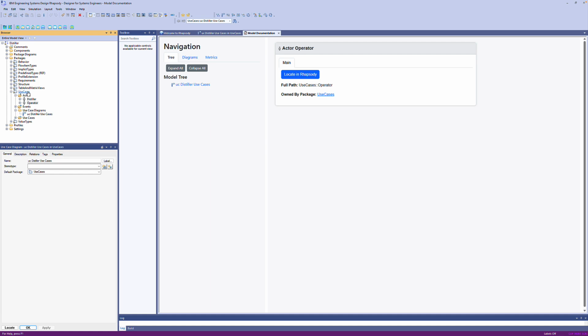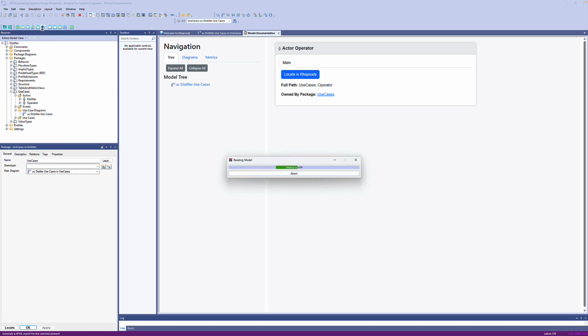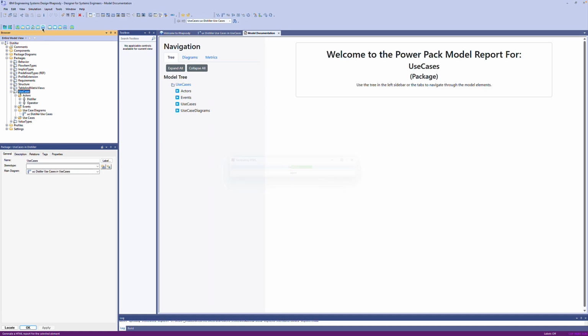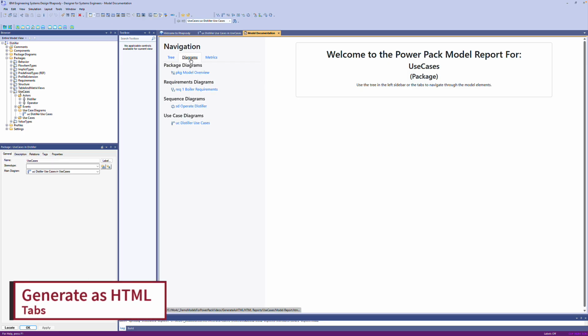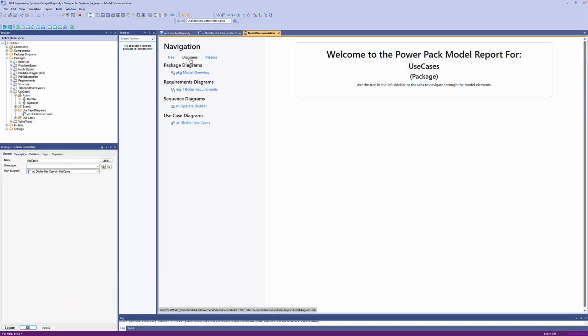Let's run that helper again. This time we'll do it from the use cases package. Now the report opens up in the same tab in Rhapsody, so we don't get a new tab each time we generate. That keeps the interface less cluttered. Now we have more elements in scope. We have a tree, and we can easily expand and collapse that tree. And just like Rhapsody, you can have the tree categorized or you can have it flat. Diagrams are automatically collected onto a Diagrams tab, making them easy to locate,